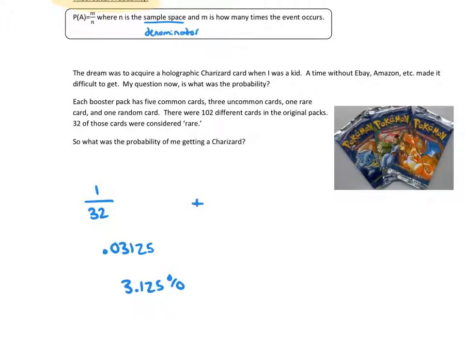But then there was also a second way of getting it too, because you also got 1 random card. It could be another rare, could be a common, could be any of the other ones. And there was 102 possible cards that could be out of. So that one is 0.0098, and when we multiply that by 100, it's